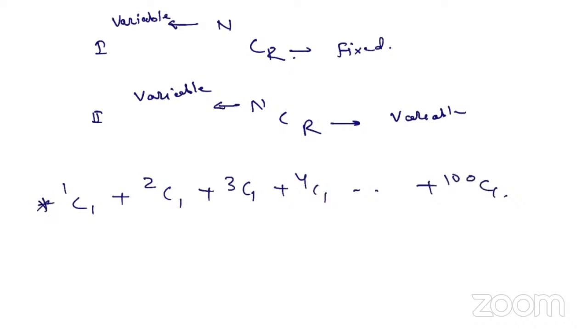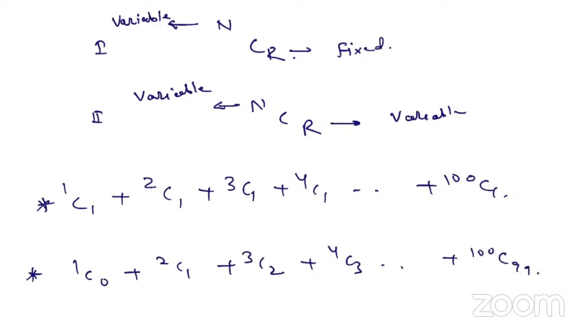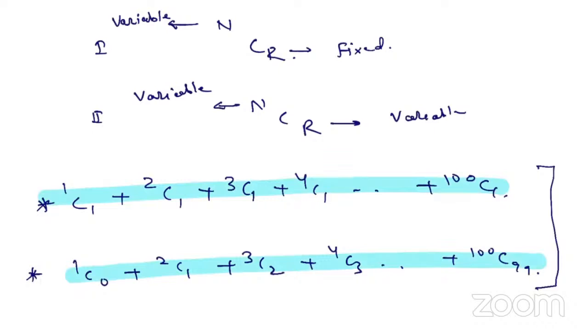You can see in this example, n is variable and r is fixed. In second way, 1C0, 2C1, 3C2, 4C3, 100C99. If you see this carefully, ये दोनों क्वेश्चन सेम क्वेश्चन लिखे हुए हैं, राइट। So if this is given in this form, कि n वेरिएबल या r वेरिएबल की बात हो रही है,